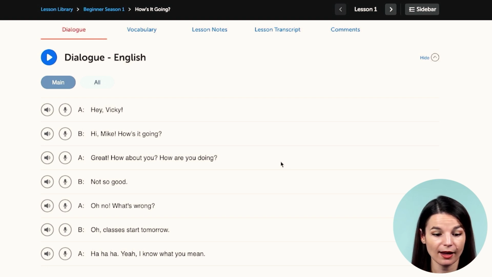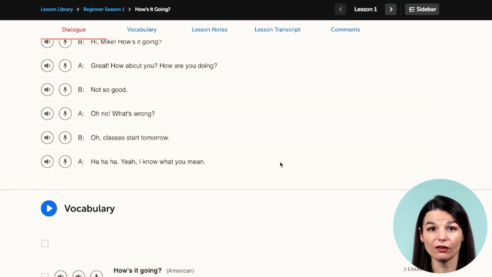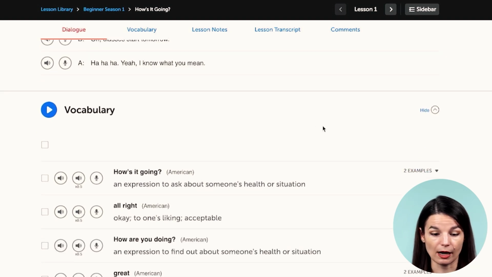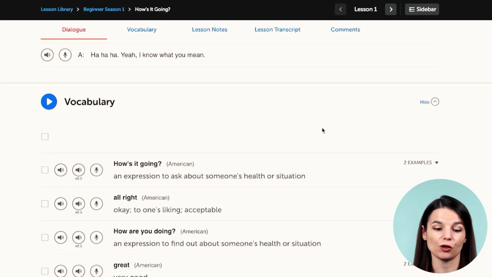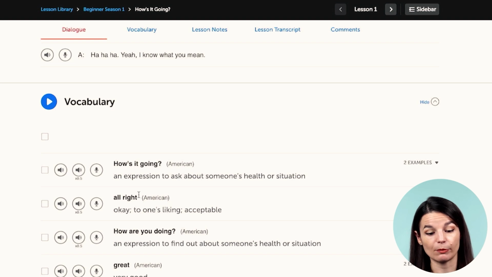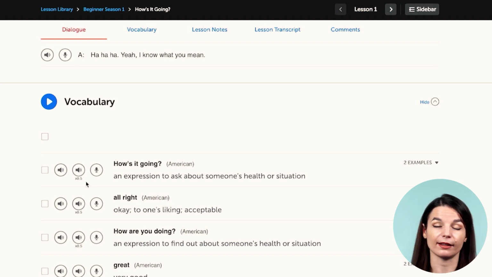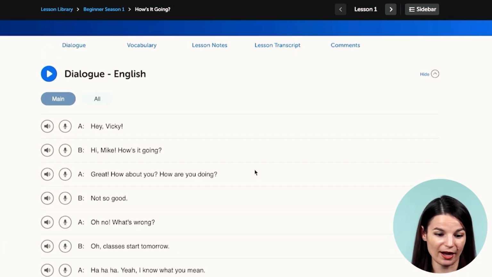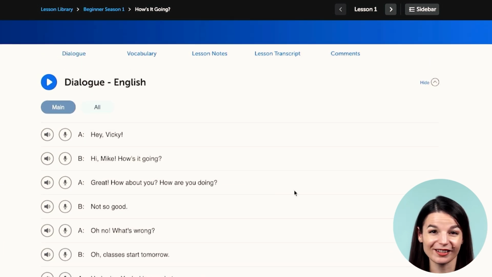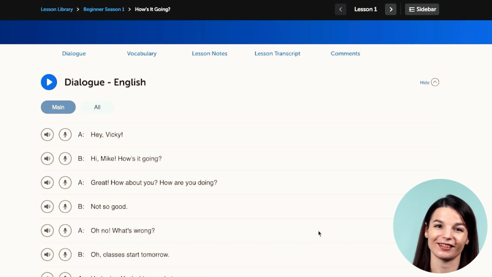So there are a lot of different ways that you can use just this dialogue tool to get lots of kinds of practice. And if you want to break things down a little bit more into specific pieces, you can even scroll down to the vocabulary section where you can look at those specific words and specific phrases in depth and listen to them a little bit more slowly to practice too. So there are a lot of different ways that we can use just this dialogue tool to practice.